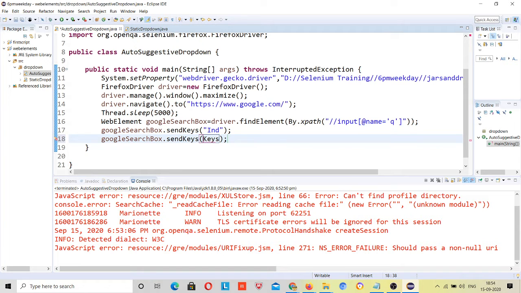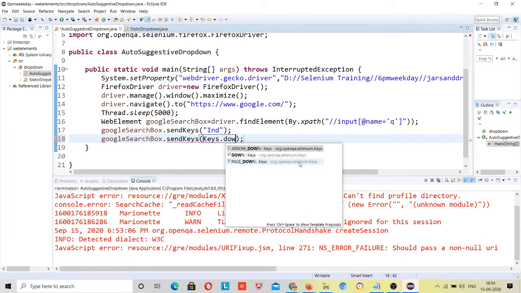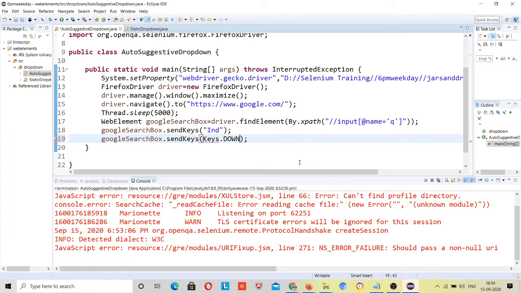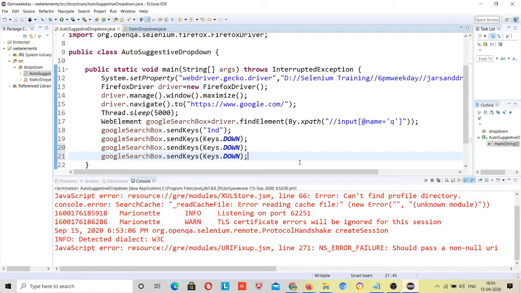Keys dot down, right? And how many times? One time extra you have to do. I will tell you why, but let's give it 3 times first.